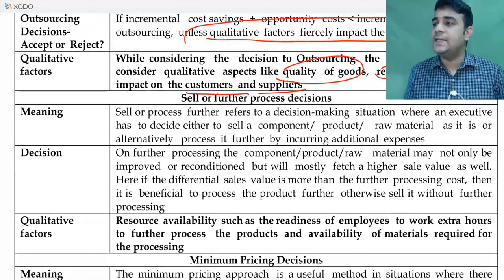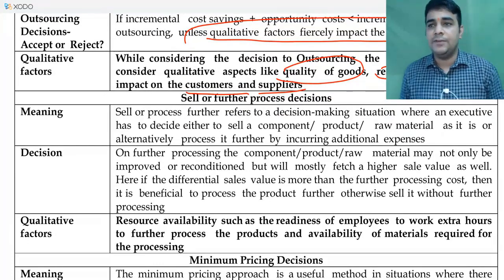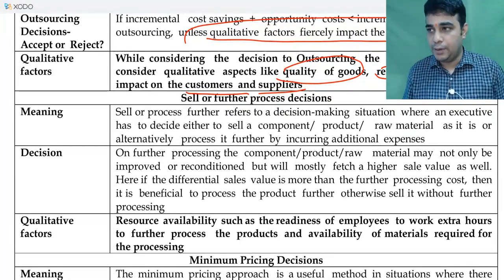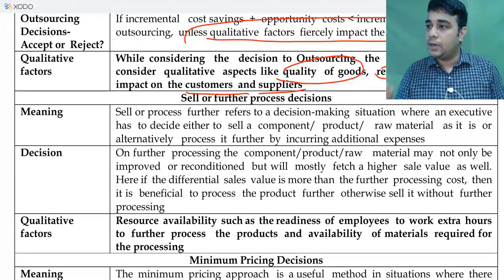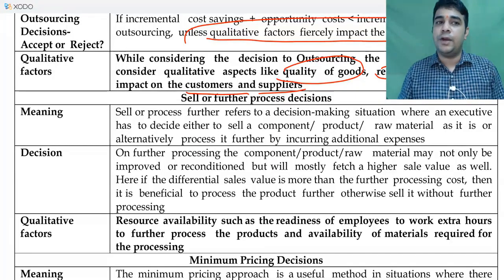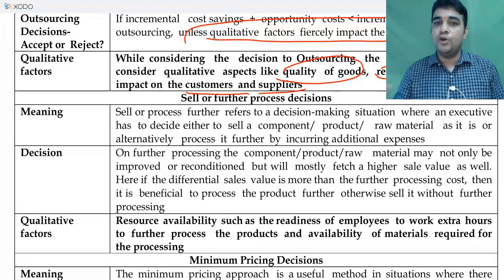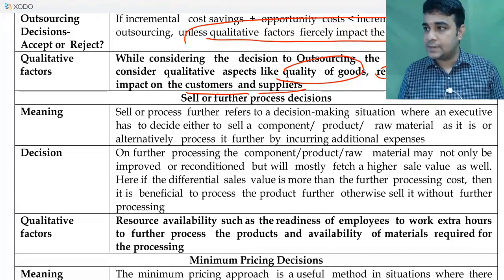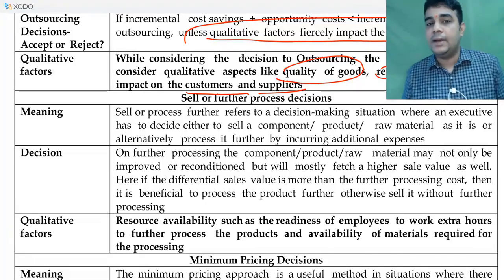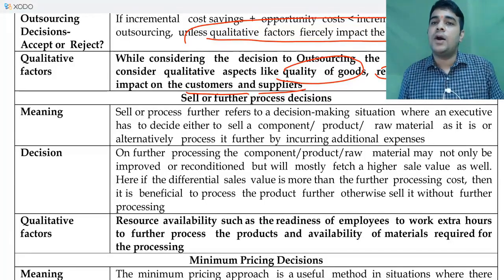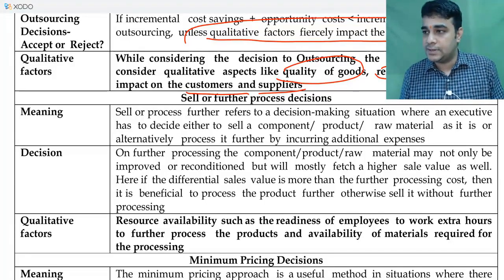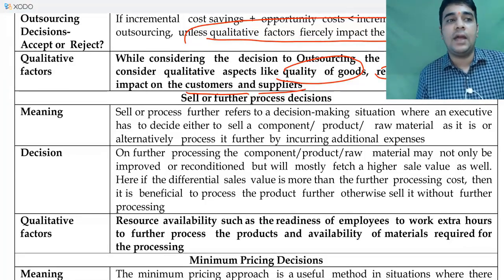Next is minimum pricing decision. That's another area which you may do. This is already completed for you. That minimum pricing is nothing but the relevant cost approach. In every question you would have seen, compute the minimum price to be charged for the job, or do a relevant costing analysis, and then let us know whether an order is to be taken up or not. So minimum cost of a product or service is equal to the relevant cost of doing that job.